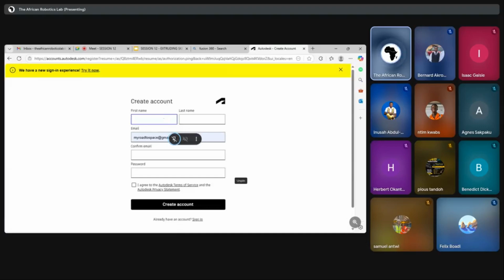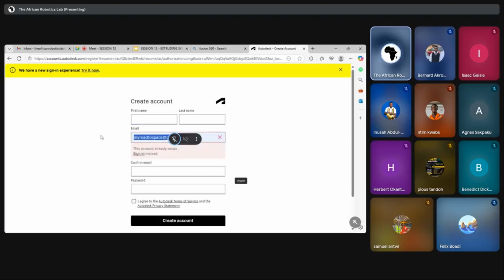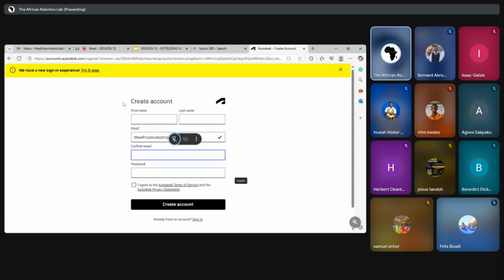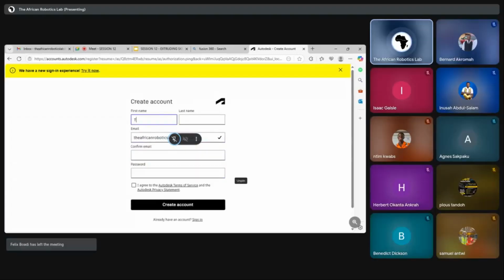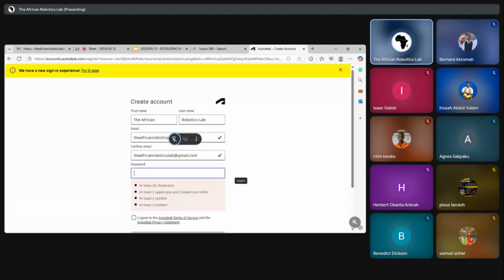So first name. We're going to be using the African Robotics Lab at gmail.com. So first name, The African. Great. And then let's confirm email. The African Robotics Lab at gmail.com. Good. And then for password,